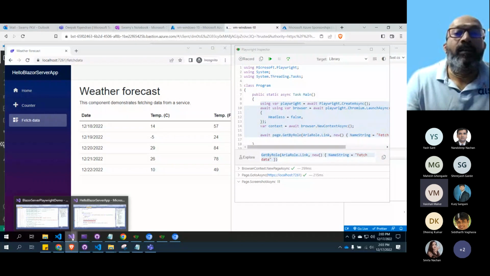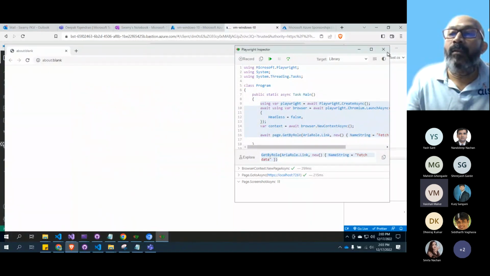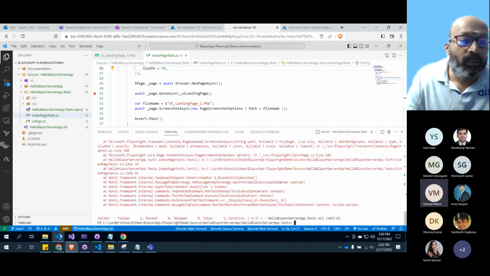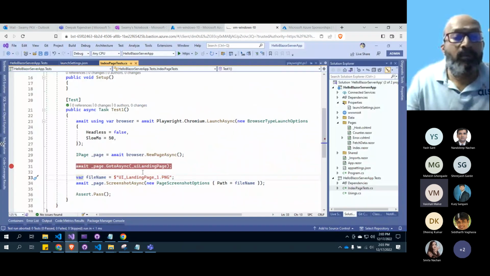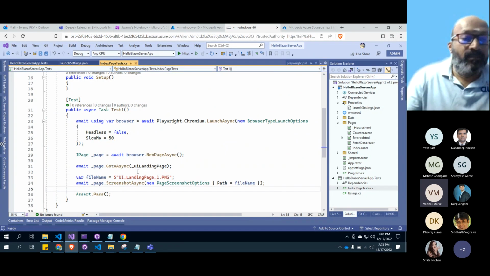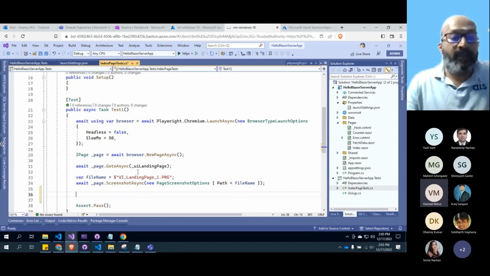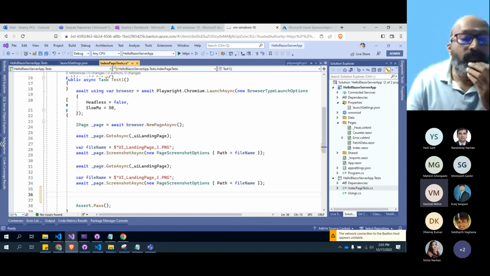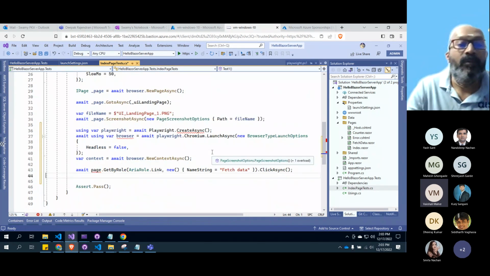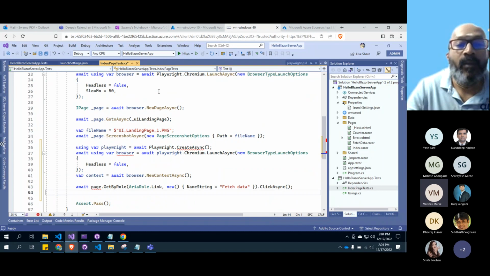Let's come back to this one. Now I'll close this window also and ensure that we are down there. OK, that's cool. Now, after navigating to the landing page, let's take the screen print of the landing page. After that, we are already creating the Playwright browser,